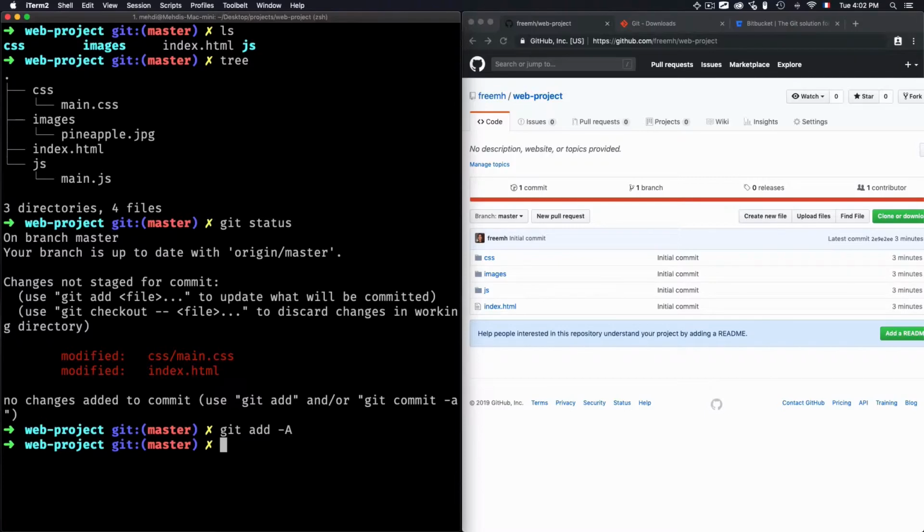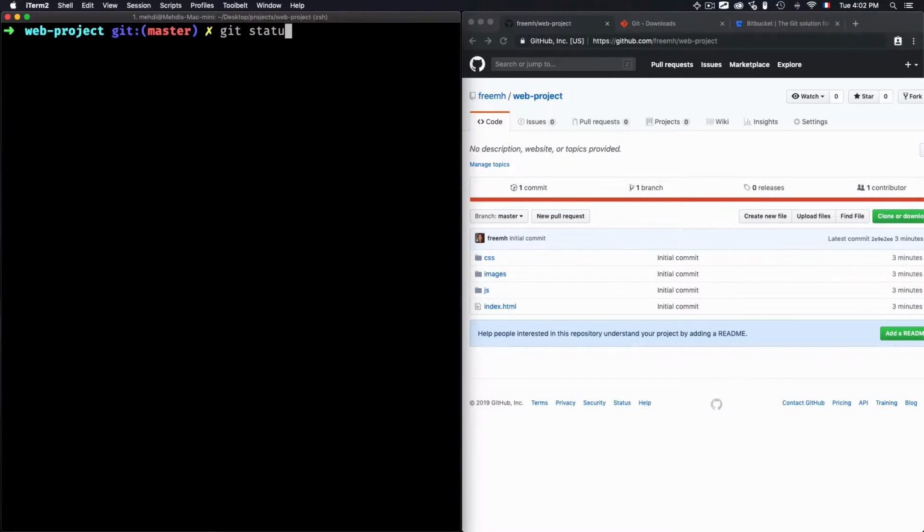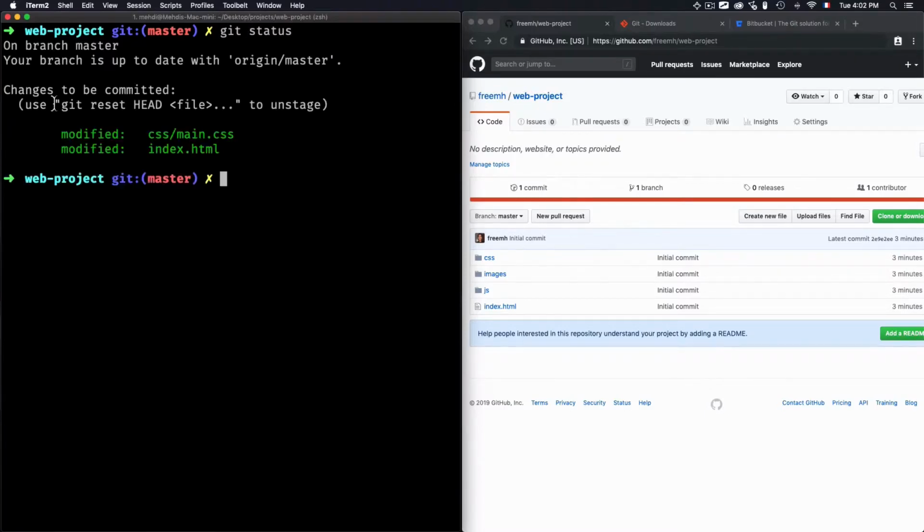And once I do this add all, now if I rerun git status again, you'll see that the changes to be committed, they are ready to be committed. Now I just need to do that commit -m, then I will just need to type a message for my commit. So in this case, let's just use update index.html